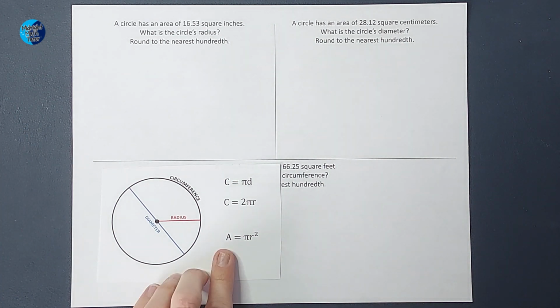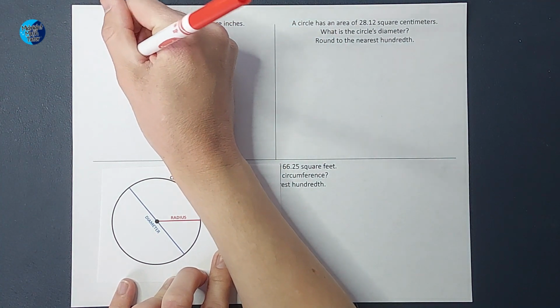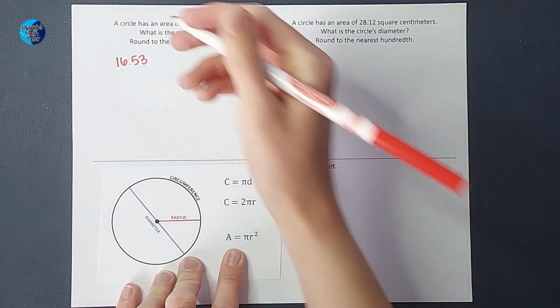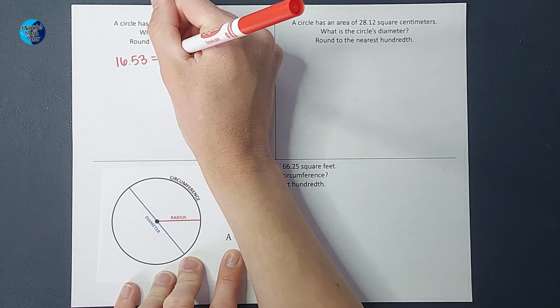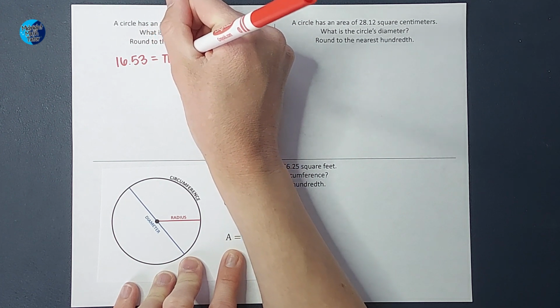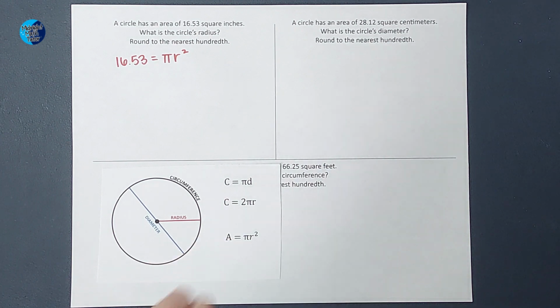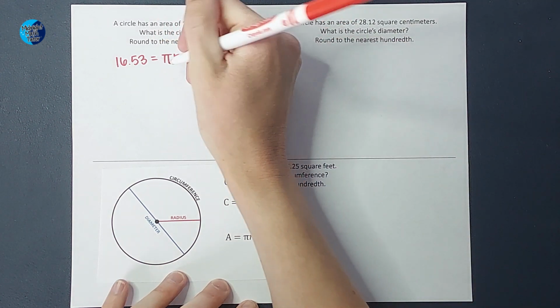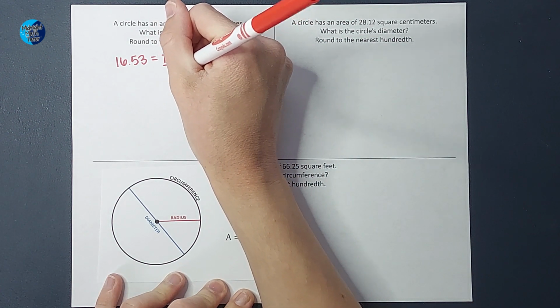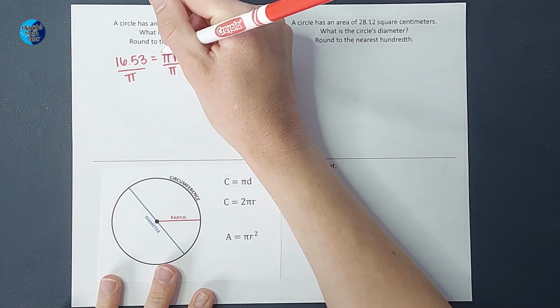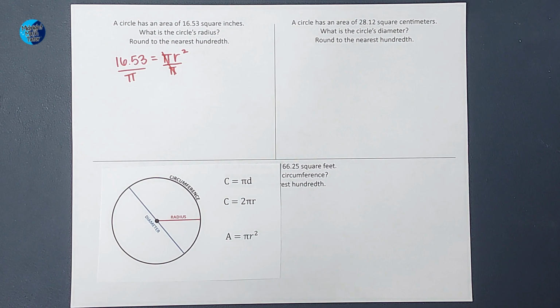So I know the area is 16.53, and that is equal to pi times the radius squared. The radius is what we're looking for, so that's our unknown now. So my whole goal now is to get r alone. So I'm going to divide both sides by pi. So those cancel, and I am left with